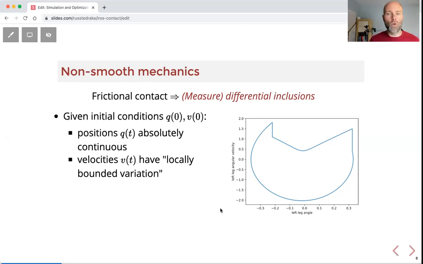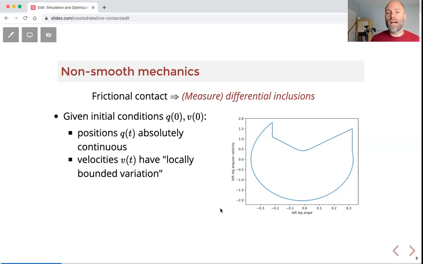There's no teleporting. We don't ever discontinuously change our position, but our velocities do discontinuously change when we have impact. If we want to say that there's no penetration and you have a velocity coming into a surface, then you must have a discontinuous change to a velocity that doesn't allow any penetration into the surface.